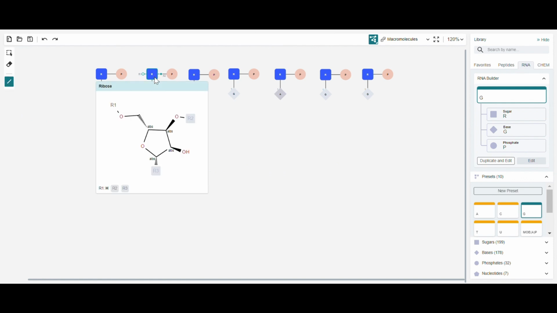When I hover over the monomer, I can see its chemical structure and its attachment points. Dragging directly from one attachment point to another establishes a bond. Default bonds, like those between sugar and phosphate, establish automatically at the correct attachment points even when dragging center to center. I will be needing another phosphate that I will find in the phosphate section,